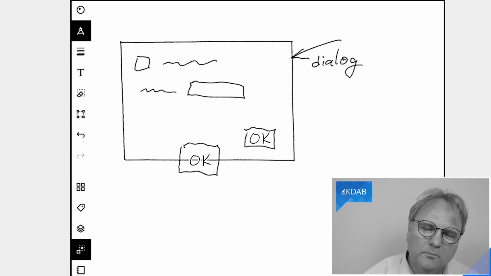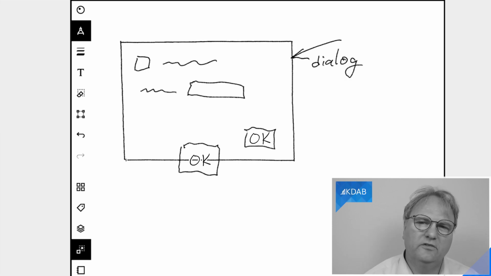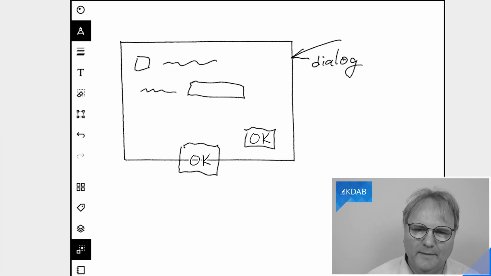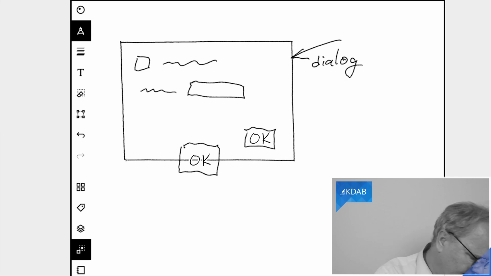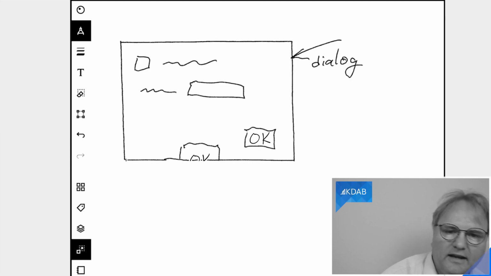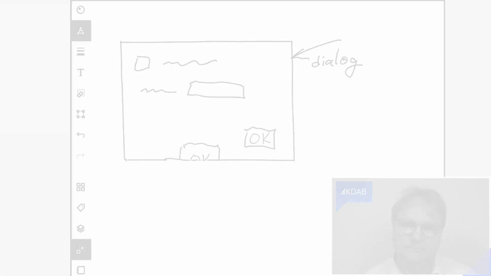But what is important to understand in QWidget is that the children of a widget are clipped to the area of that widget. So the dialog border here of the widget would be what would clip my OK button. And therefore, what I would see on the screen would look much more, give and take, like this.